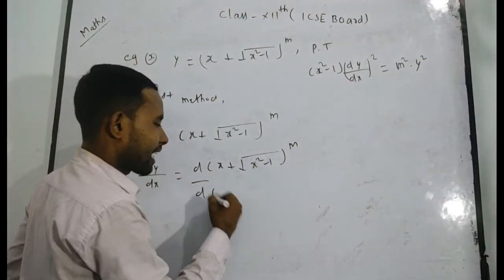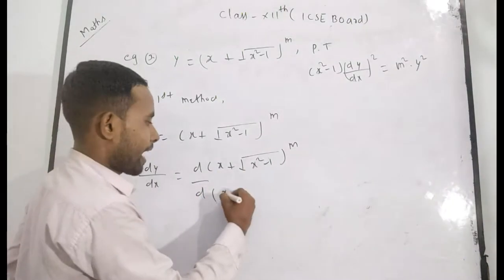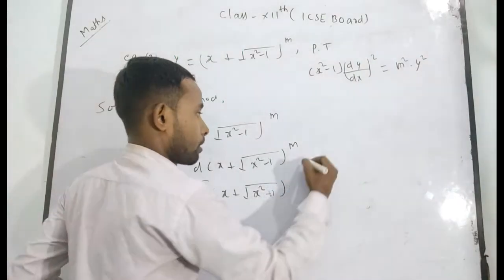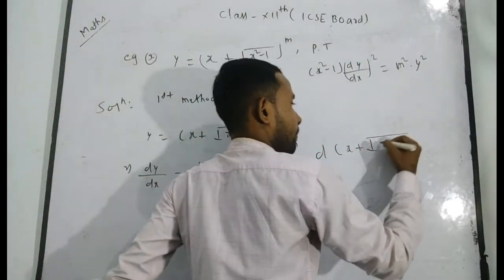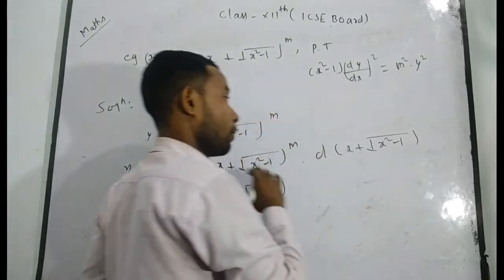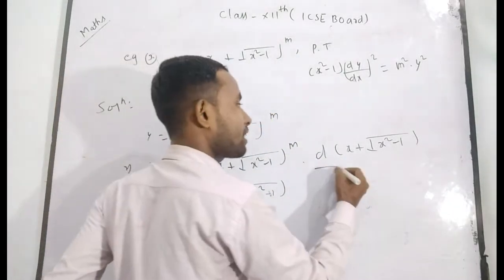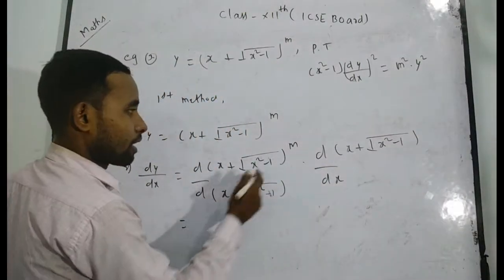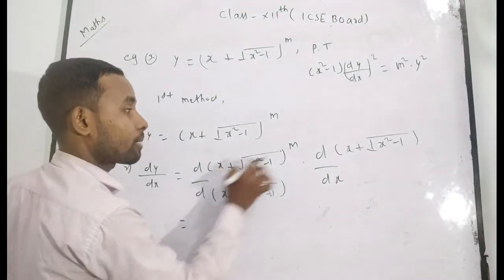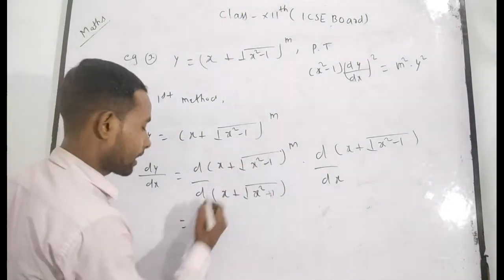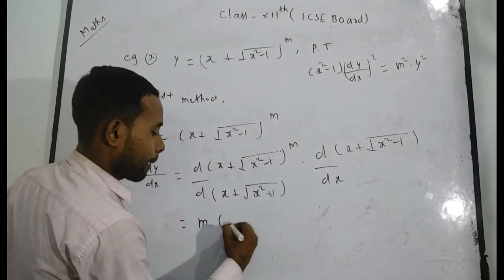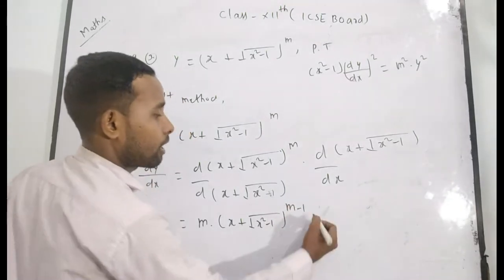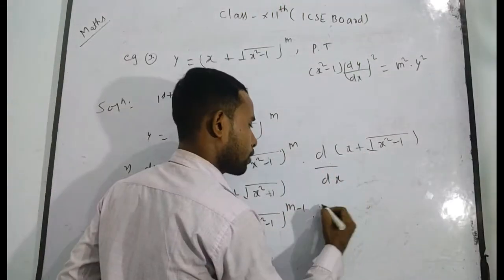Can I write here directly, without writing x plus root under, the third step directly? Sometimes I will write its answer directly, but it only depends on your practice. Now, this is with respect to x. Suppose this is capital X, in that case it becomes capital X to the power m. With respect to capital X, it becomes m into capital X, that means (x plus root under x square minus 1) whole to the power m minus 1, into the derivative of x with respect to x, which will be 1 plus